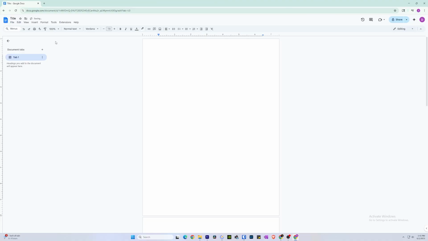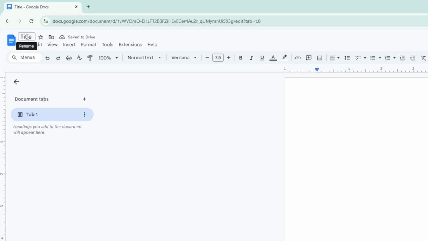Stepping over to Google Docs, when we open a new document, we see something like this. We can see some features are shared with Word, with menus at the top and a scroll bar on the right. When we want to change a file's name in the Word app, we need to use the Save As feature, but in Google Docs, we only need to click on the title and then we can edit it.